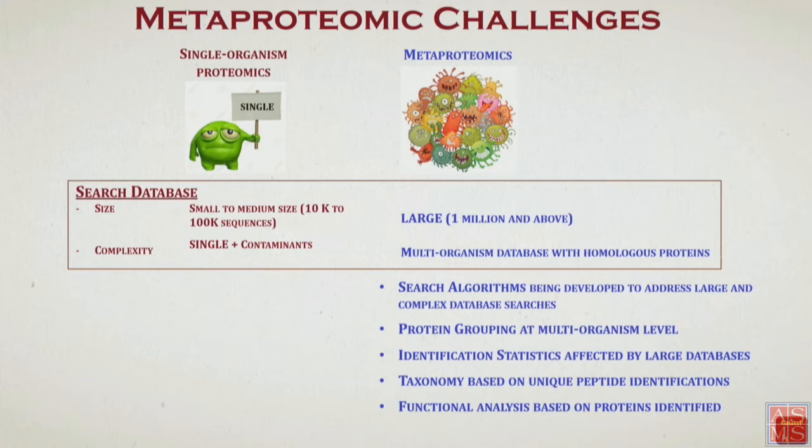Generally, when you identify unique peptides from your metaproteomic data sets, you can use it for taxonomy analysis. While if you identify peptides which could be unique or shared, you could go back and find out which proteins they come from, and hence find out what is the function of these proteins. Now, for all of this, you actually require software tools, and you also require various processing tools. And not all of these tools run on a single environment. You need to have some tools work on different environments.